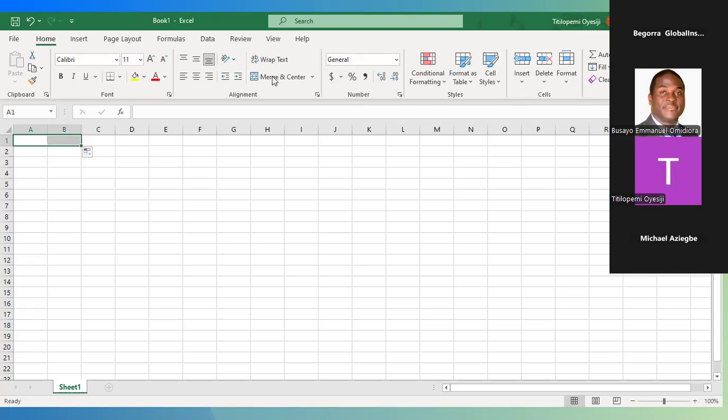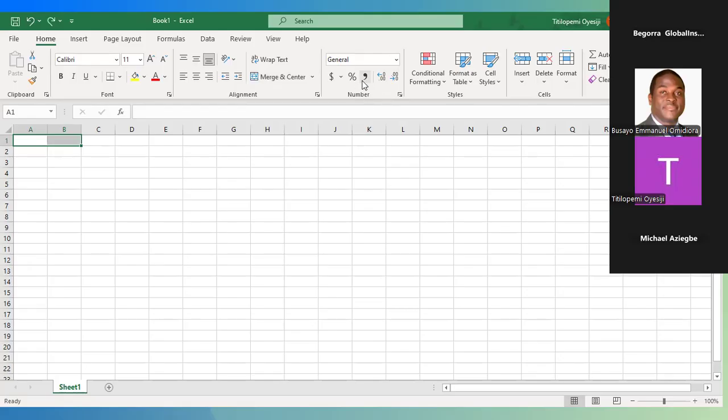I can make use of merge and center. So if I click on merge and center, you notice that the line that separates A from B has been removed. So this is now a whole cell. It is not a split cell anymore. And that's because of the merge and center. So that's what we use merge and center for. To undo that, we can do Control Z.